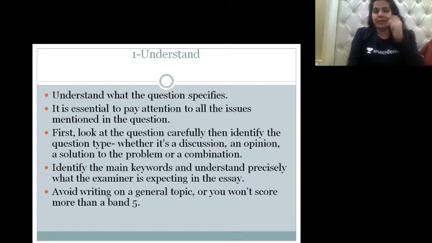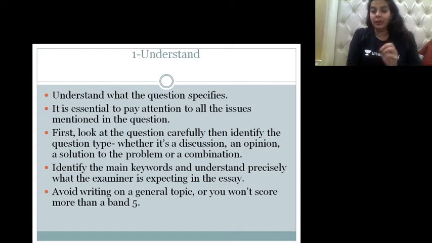Okay, now for example, I'll just take a random example. There is one question which talks about, let's say, mobile phones. Okay, I just take any topic which comes to my mind right now, and that's mobile phones. So the question says supposedly, what are the advantages and disadvantages of mobile phones for a teenager? Okay, a specific age group is given, teenager, mobile phone, and what are the advantages and disadvantages. And the question says discuss. Discuss the advantages and